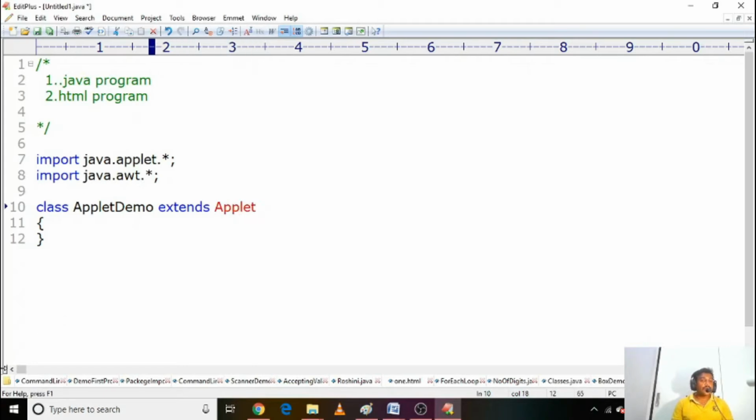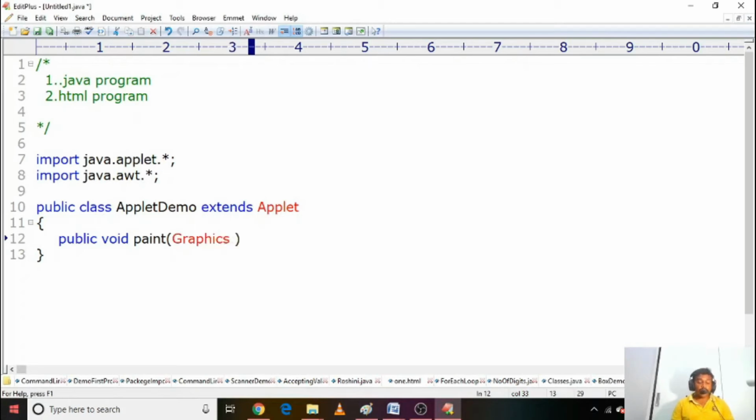And now I prefix the keyword public access specifier as applets will be executed by applet viewer. To make that applet demo accessible, I use the public keyword. The better word is public access specifier. Now I call my public void paint method to print hello world. Paint method by default takes graphics class as object, and g is here an object of type graphics. Graphics class is having a method called drawString,